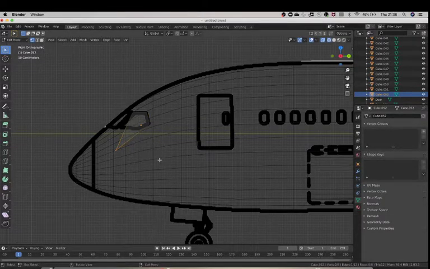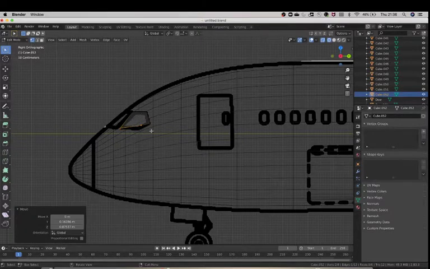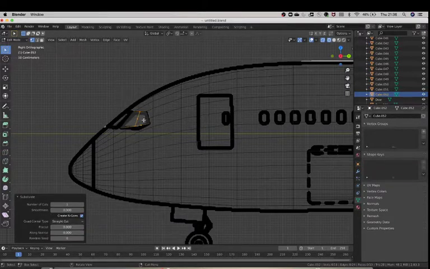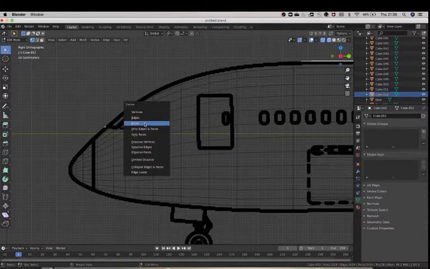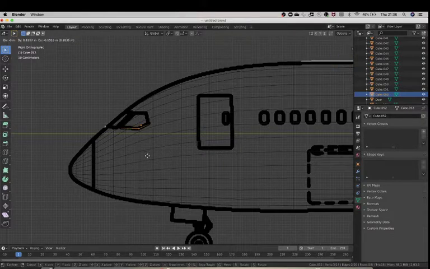And of course, as you can see, we need a few more vertices, but we don't have them. So what I usually do is add a loop cut here, then right click and click subdivide, click the middle, and delete the middle vertex. Once that's done, I simply